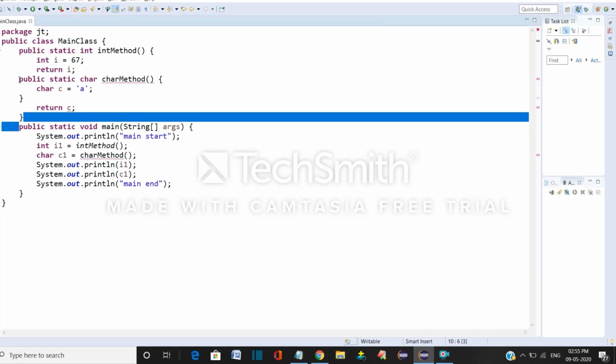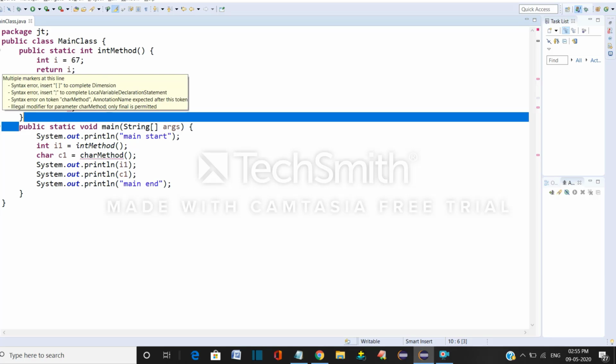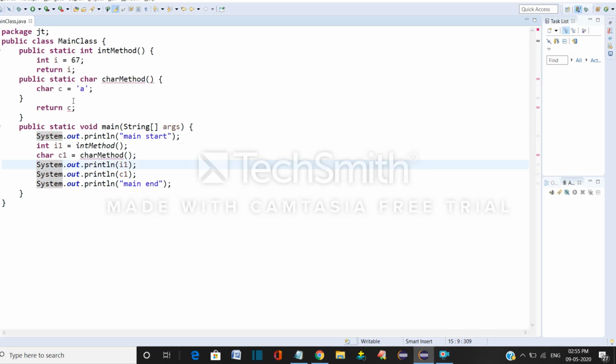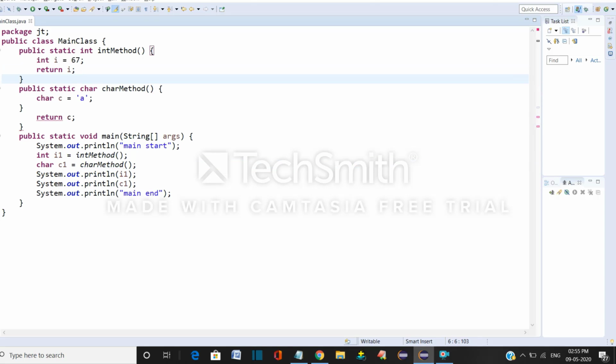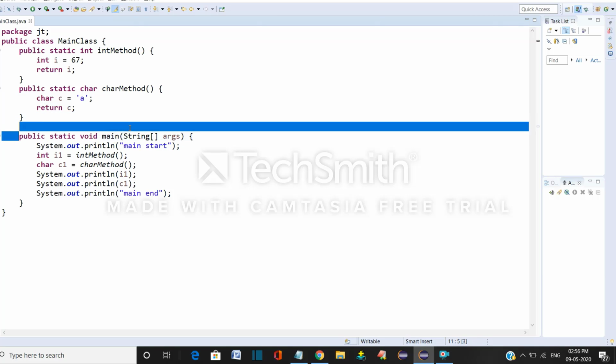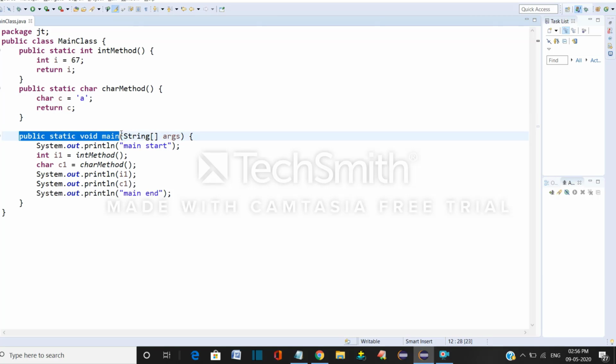It came here. Okay, it found the main method.